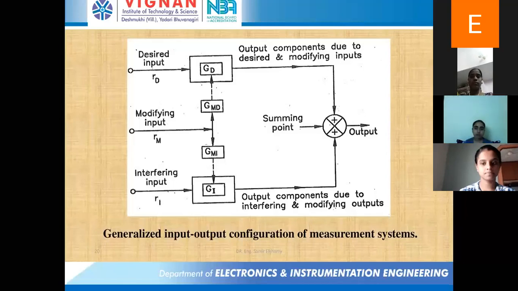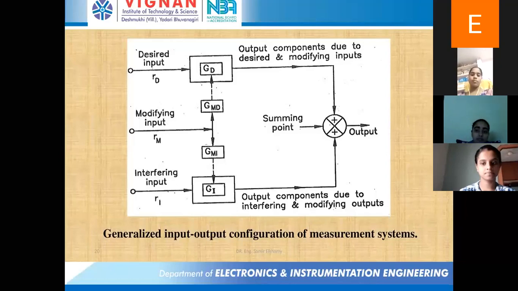As we know, I have discussed this two or three times already: a system is nothing but a group of elements combined together to perform a particular task. When you give some input to any particular system, because of its principle of operation and its internal construction, it produces some output. The output is provided because of its internal characteristics.